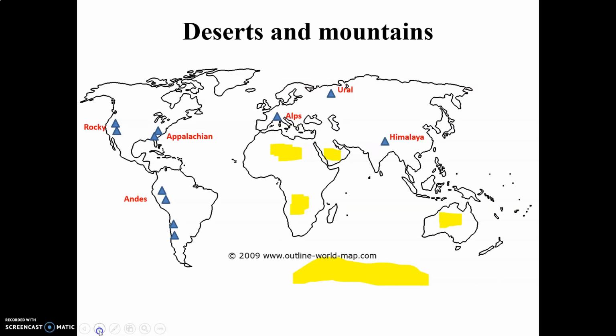Now take the theme of deserts and mountains, because in your unit 1 you learn all types of ecosystems. Based on that, examiners can ask you where the largest desert of the world is. Understand that the location of Sahara is in Africa. South Africa has the Kalahari Desert. Saudi Arabia has the Arabian Desert. Antarctica is the largest cold desert. In Australia, we have the Great Australian Desert. Try to remember the mountain ranges.